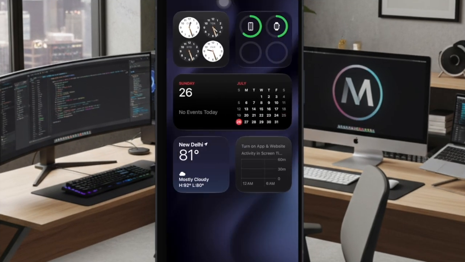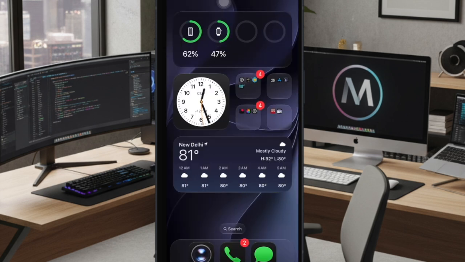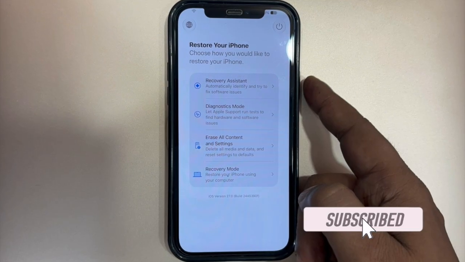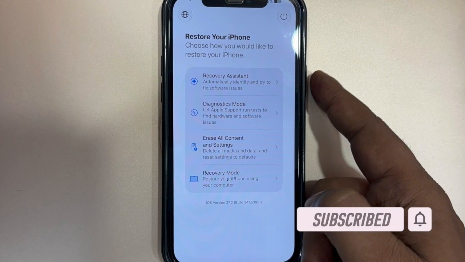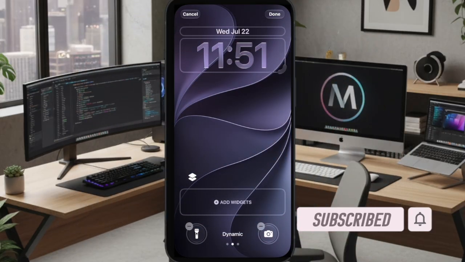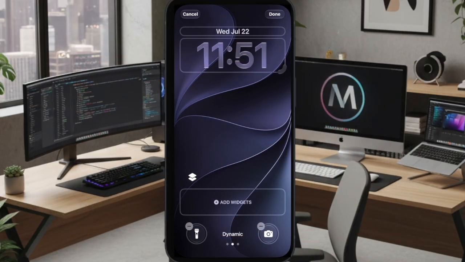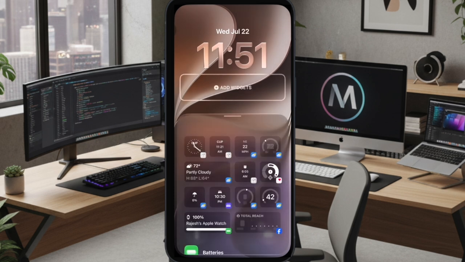Hi, welcome back. Let's learn how to securely access the all-new iPhone recovery screen in iOS 27 without a Mac or Windows PC. Apple has introduced a more convenient recovery experience in iOS 27 that makes troubleshooting your iPhone much